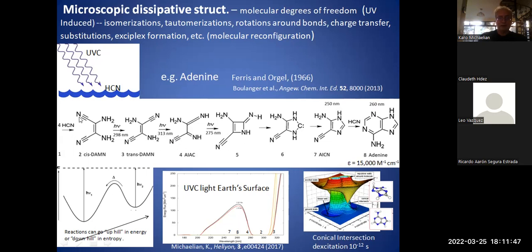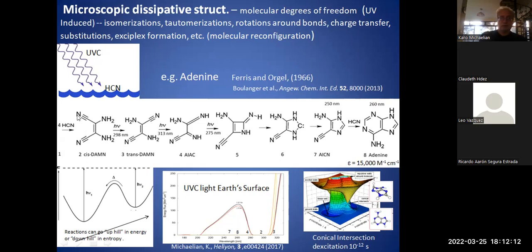And I'll just describe a little bit, not in too much detail, of what is happening. So we start with 4 molecules of hydrogen cyanide. And through a chemical reaction, this is basically just minimizing Gibbs free energy, we get to cis-DAM, okay, which is this structure. So this is the lowest energy solution for 4 molecules of hydrogen cyanide.